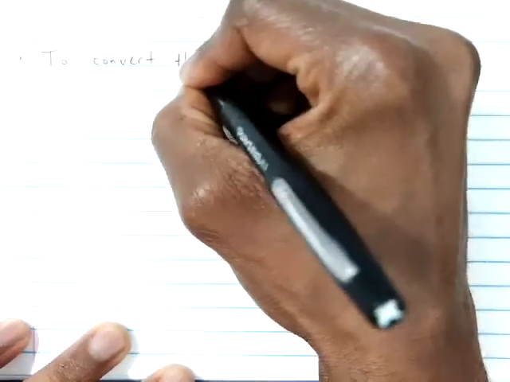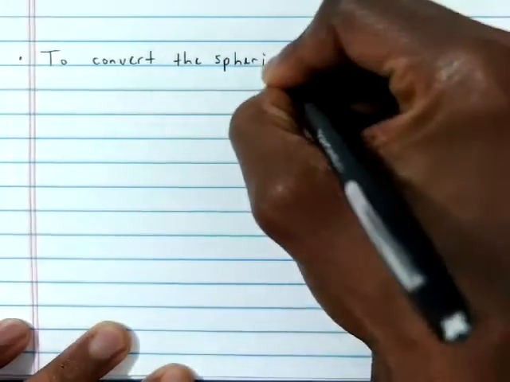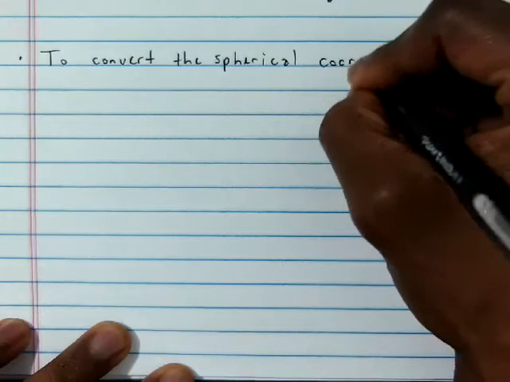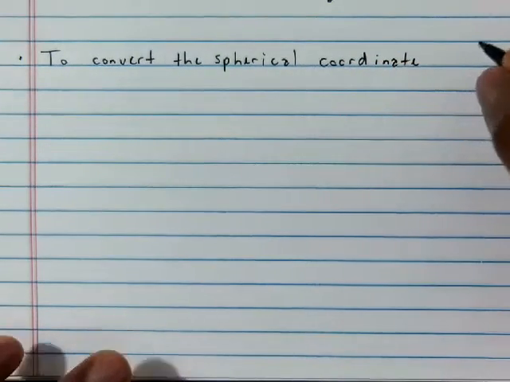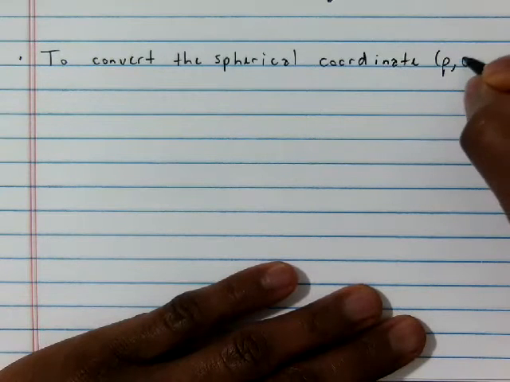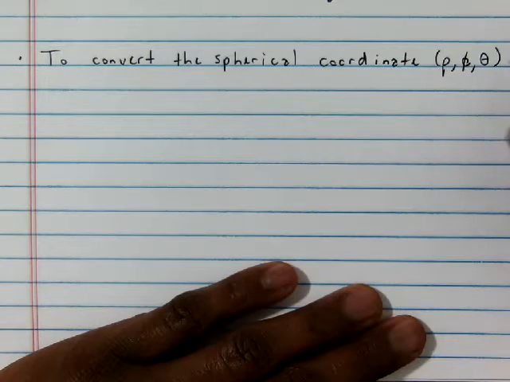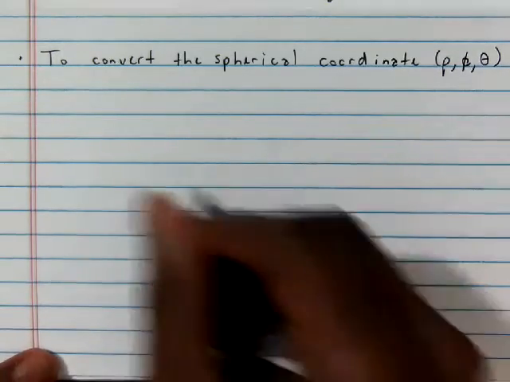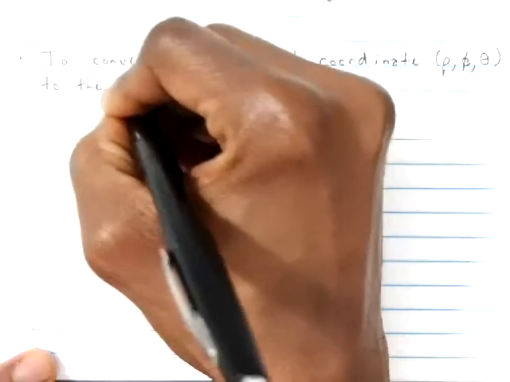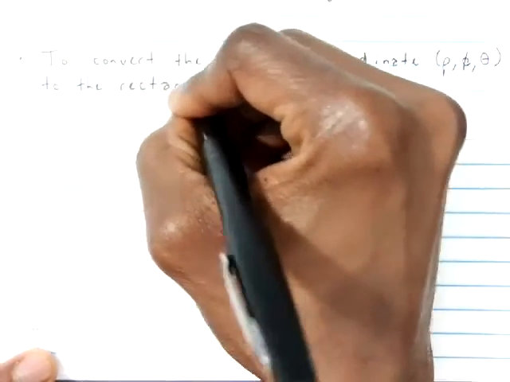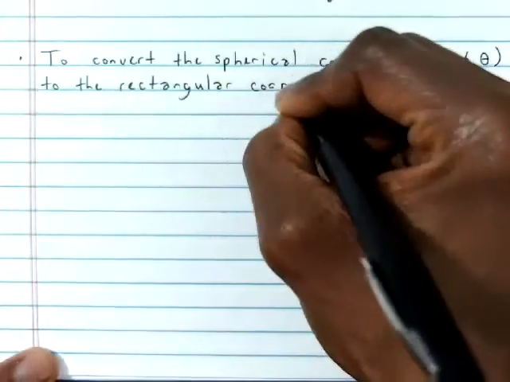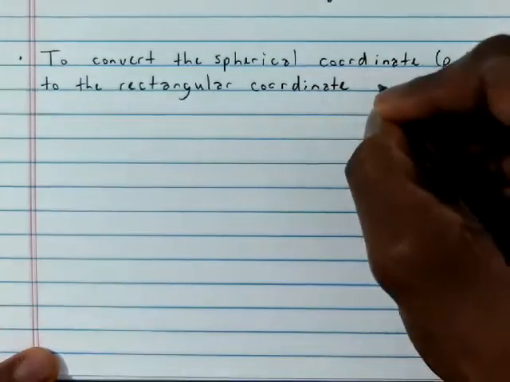Alright, we're going to continue with section 14.6 in this video, and we're going to talk about now how to convert between spherical and rectangular coordinates. So to convert the spherical coordinate rho phi theta to the rectangular coordinate x, y, z,